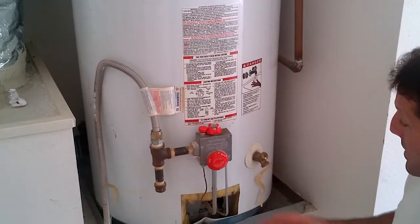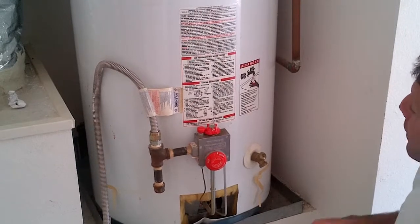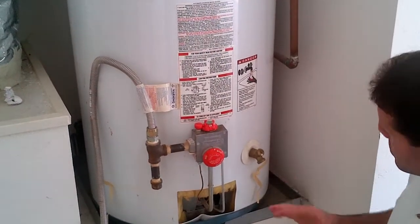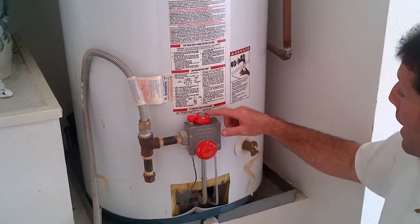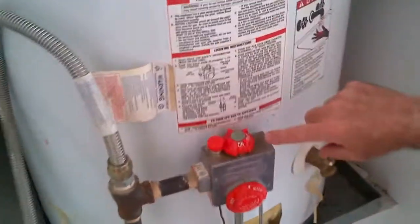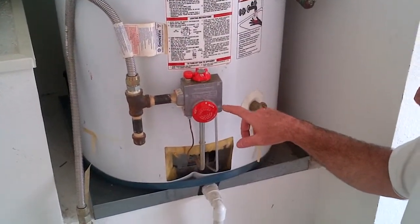You would make sure that you didn't smell any gas. Leave it for about 30 seconds, maybe even a minute, minute and a half. Once you're ready, you're confident there's no gas that you can smell, you can go ahead and set this to pilot on top. You would turn that to where it says pilot. Then you would take this setting here and you would set it to the lowest setting on the dial, which